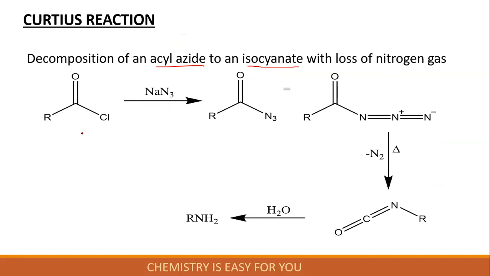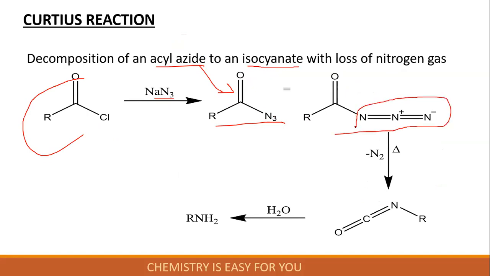So first of all, we can start with RCOCl, and when it reacts with NaN3, it will form an acyl azide. So this is the acyl azide. Okay. Then this can also be written in this form. N3, the acyl azide, can also be written in this form, and this decomposes to form isocyanate. We have already seen this particular intermediate. This is not an intermediate, I mean a product, the isocyanate product, and from that we will get the primary amine.